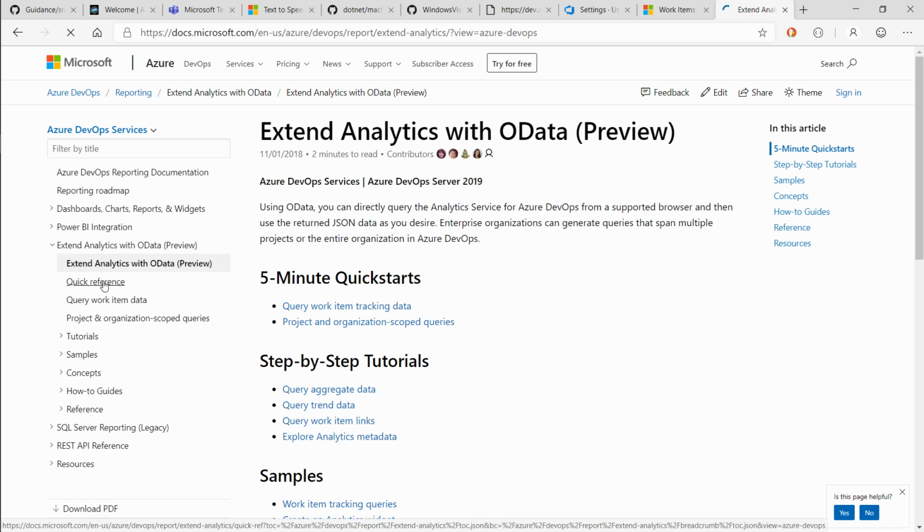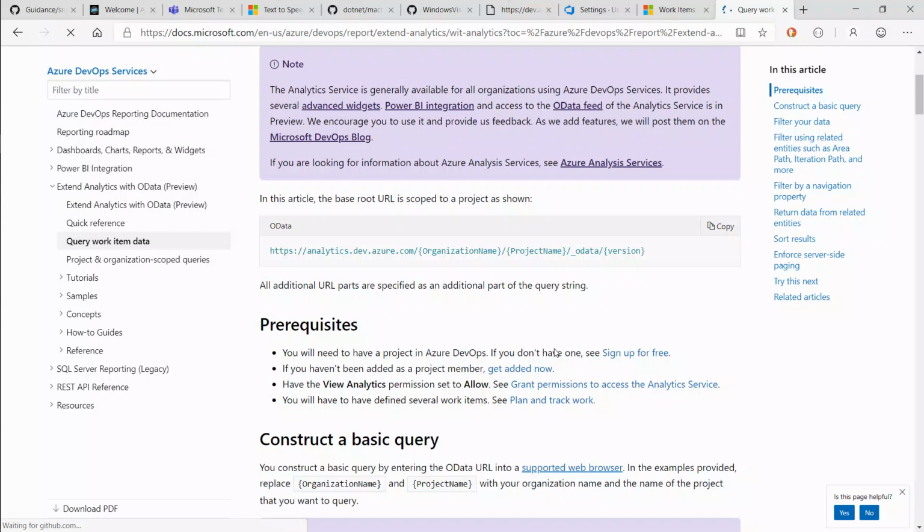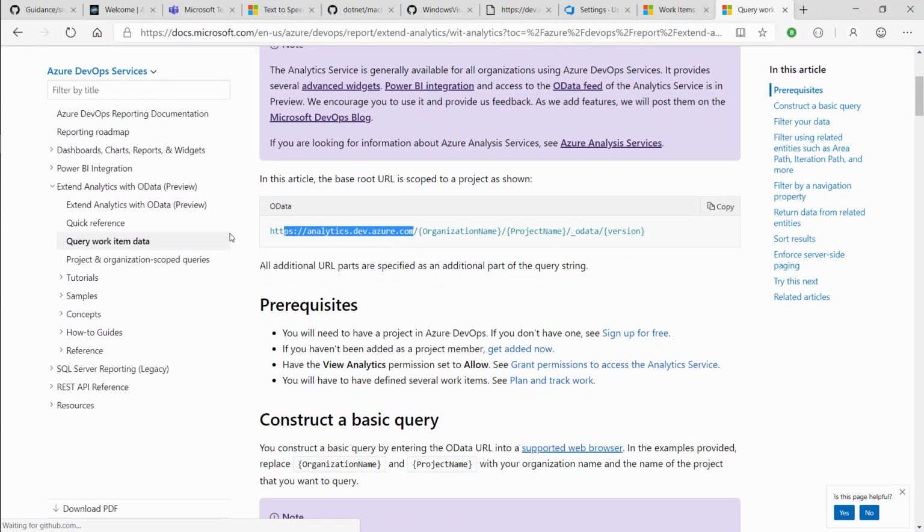Who's worked with OData before? One person. Okay. So this is actually quite interesting. This is part of the analytics, and I'll talk a bit about the third-party extensions that you add into it. But this is one of the things that you can do once you've installed the analytics plugin, and this is actually quite powerful. So when we go and say,